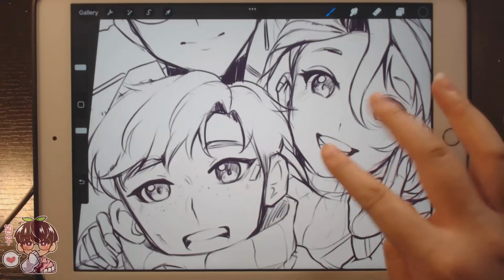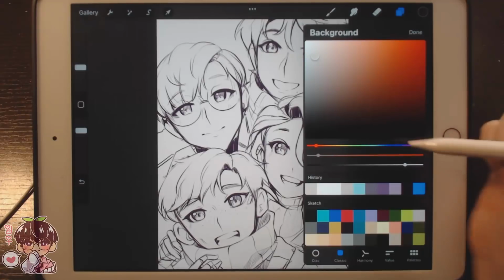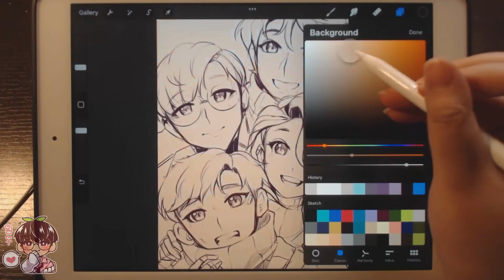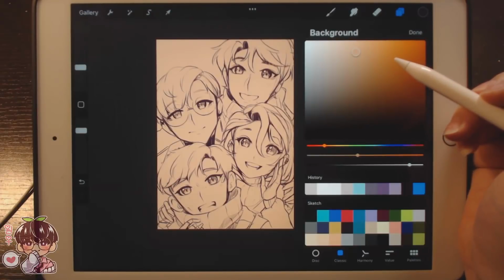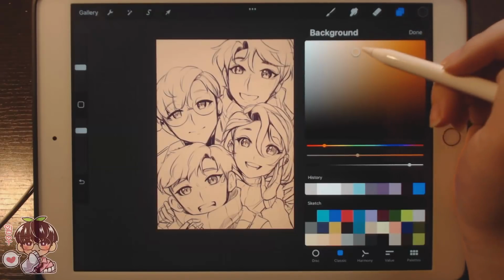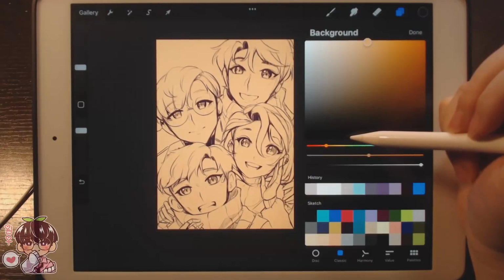Okay, so let's go into the background and set the color temperature first. I don't know, how do I want to do this? Let me rack my brain a bit, because I would like to have a warmer feel, but would a warmer feel give...